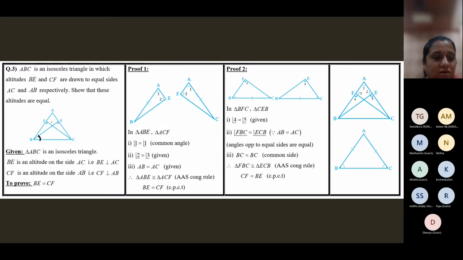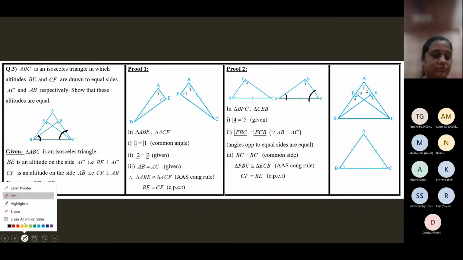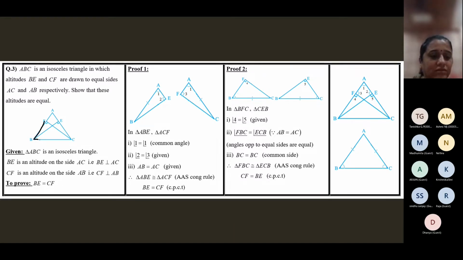This angle which is in BEC, it's not this angle. See, that's only a little of angle B. In BEC, you have angle C fully. And in this triangle BFC, you have angle B fully. All right. Yes, so Raja, what all do we have? We have this angle equal to this angle, and this angle equal to this angle. And then what else do we have?